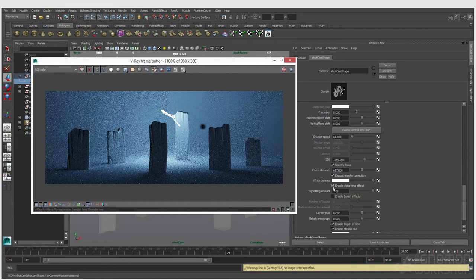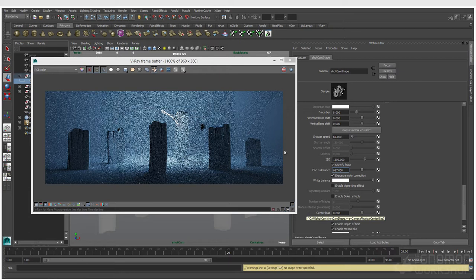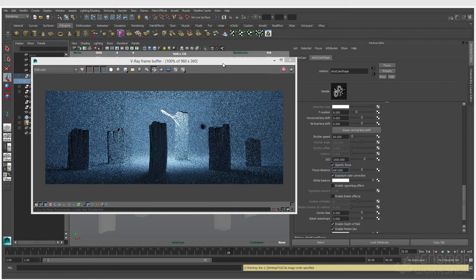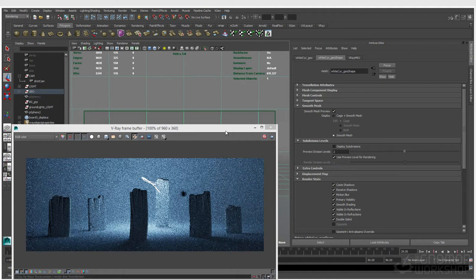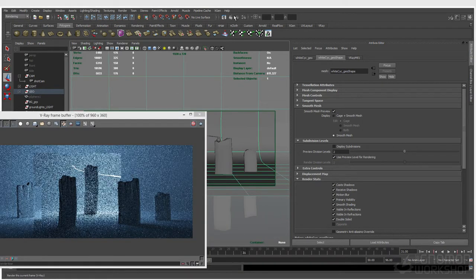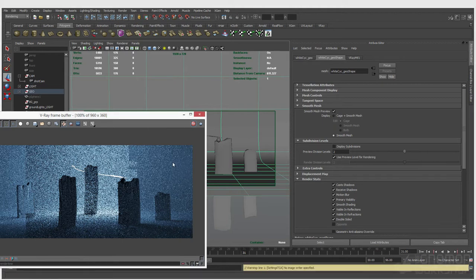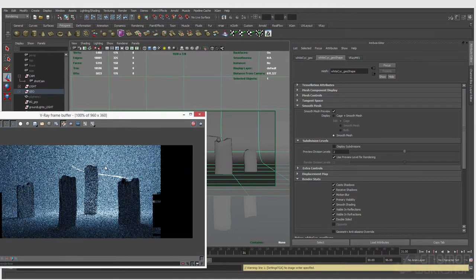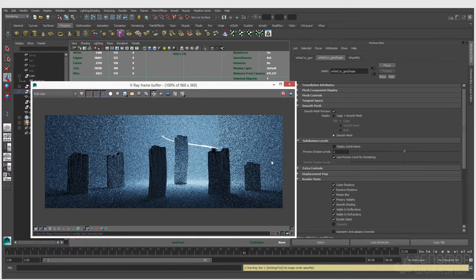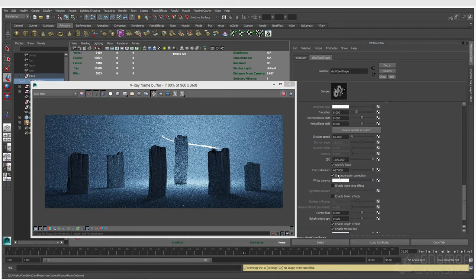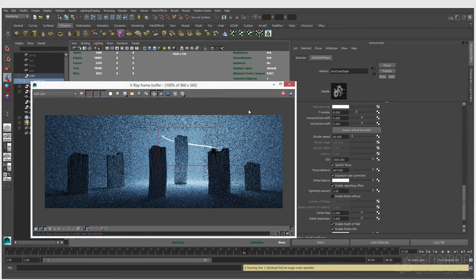Same thing right below, we have the vignette. I'm going to turn that off. And you can see it got a little bit brighter. Let's redo our IPR again also. Actually, let's go to frame 31 again as well. Turn on that IPR. Because of the lighting in our scene, there's kind of a natural vignette in the lighting. But you can see if I turn on the vignette, let's just get a little box right here. And then if I just draw a second box and turn that vignette off,